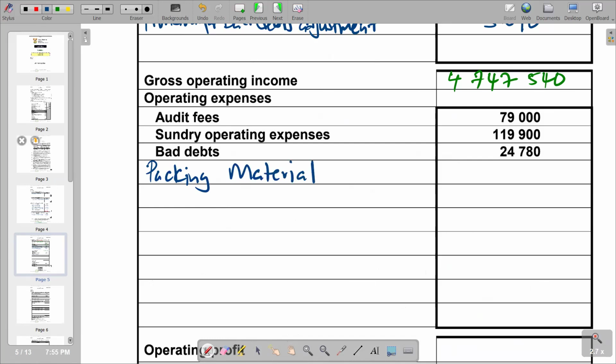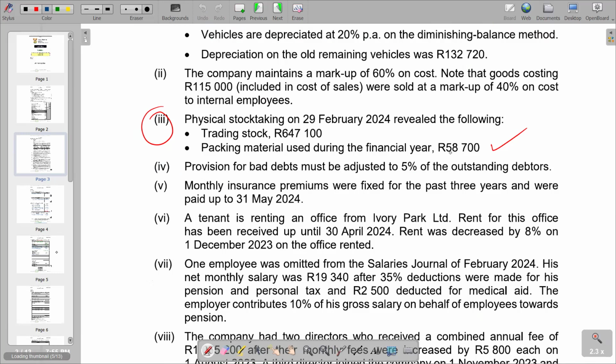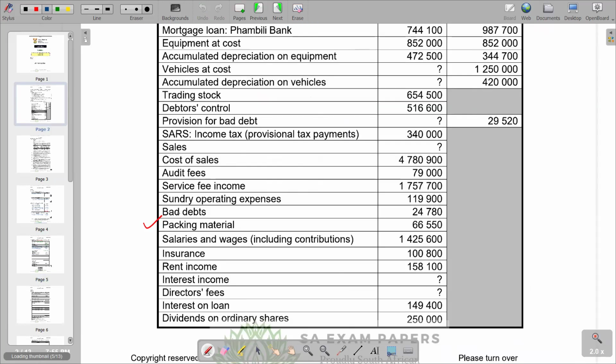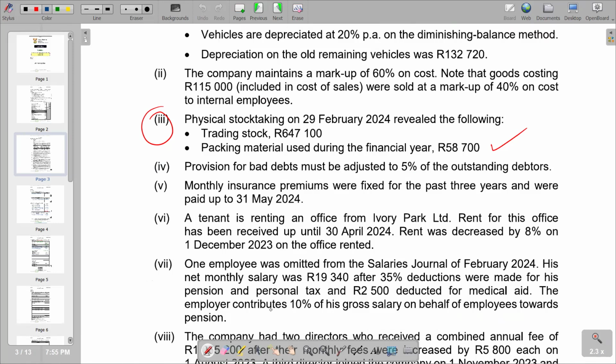And the figure that we have is 58,700. Then we check in terms of the next expense. We've got salaries and wages, including contributions, 1,425,600. So if you go to additional information in terms of adjustments of salaries, we come to